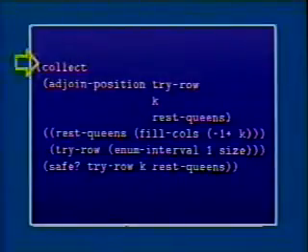And now what I do is I collect together the new row I'm going to try and column k with the rest of the queens. I adjoin a position. This is George's problem. Adjoin position is like safe. It's a thing that takes a row and a column and the rest of the positions and makes a new position collection. So I adjoin a position of a new row and a new column to the rest of the queens, where the rest of the queens runs through all possible ways of solving the problem in k minus 1 columns, and the new row runs through all possible rows, such that it was safe to put one there.